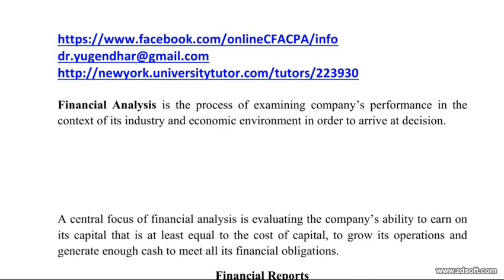And the second thing is, an investor in equity securities is concerned about the company's ability to pay dividends, and the likelihood that its share price will increase. He is expecting that if the share price increases, only then will he invest. Otherwise he will not invest, because that will not give a good return to him. So how can he know that?